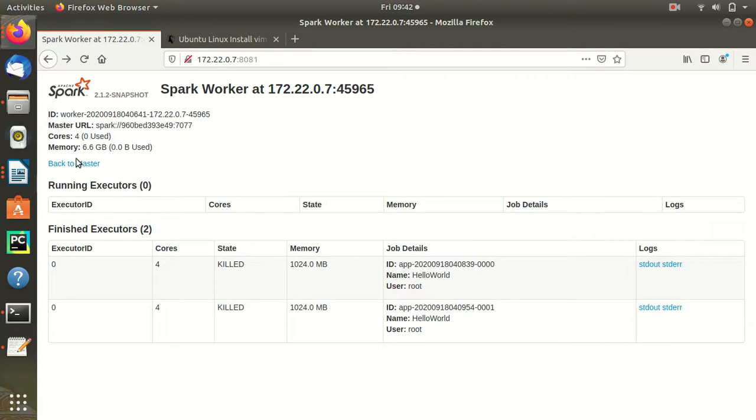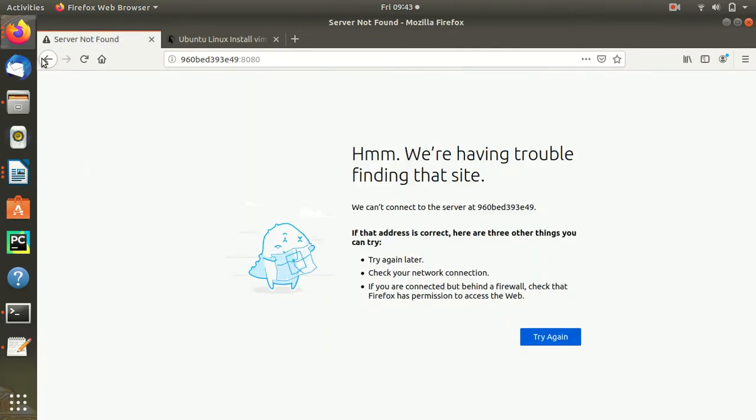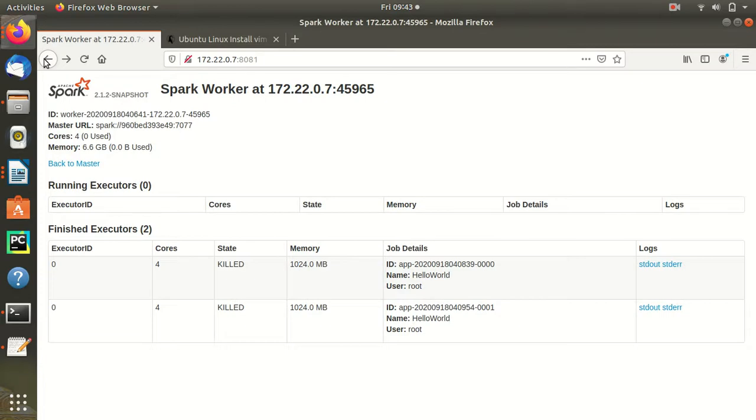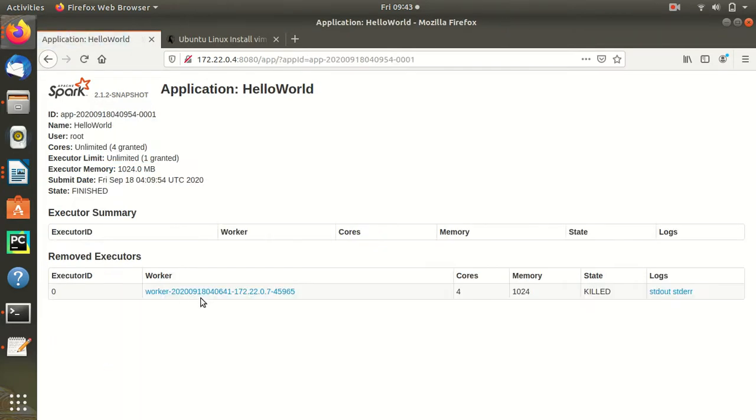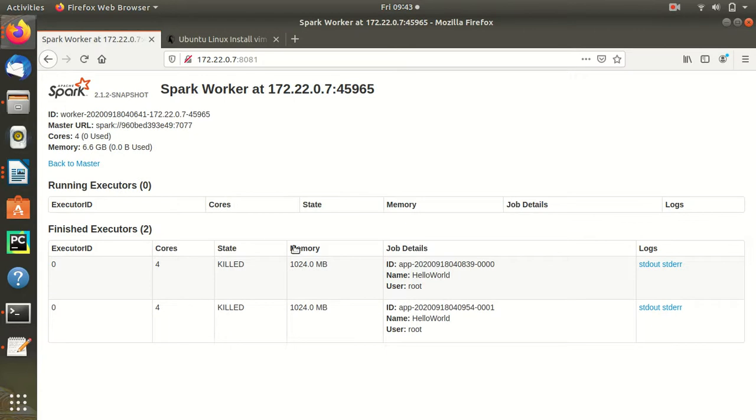So we go back to this 8080, this is our one. We go to the application rather than going there. This is our application which ran in the worker nodes, and it used 4 cores, and this is the worker node.